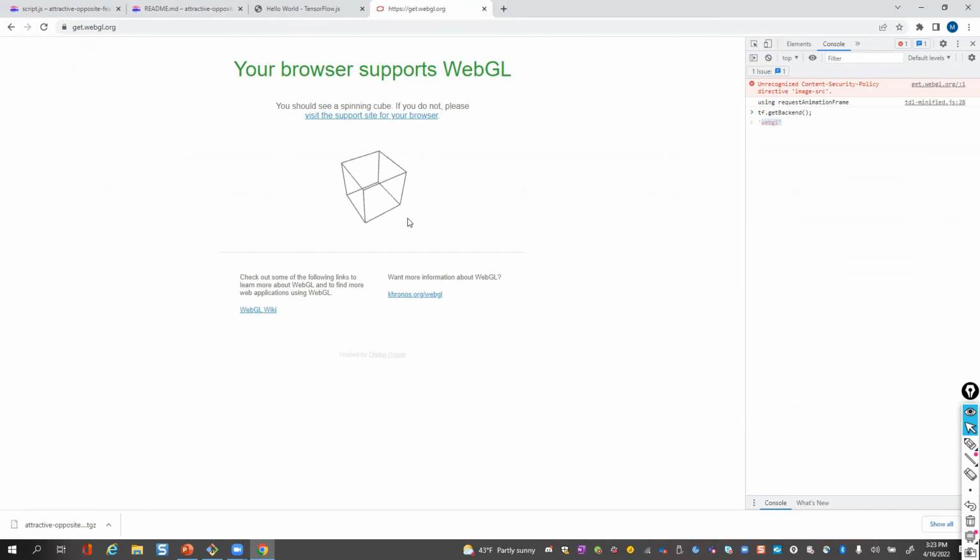See that three-dimensional turning cube? Guys, can you see the cube? Yes. That means in order to do that, it has to be running on my GPU. So it's running in WebGL. And so what does that say to me when I hit in the console that my tensor is running in WebGL? It's running on my GPU. So that's how you determine what it's running on.